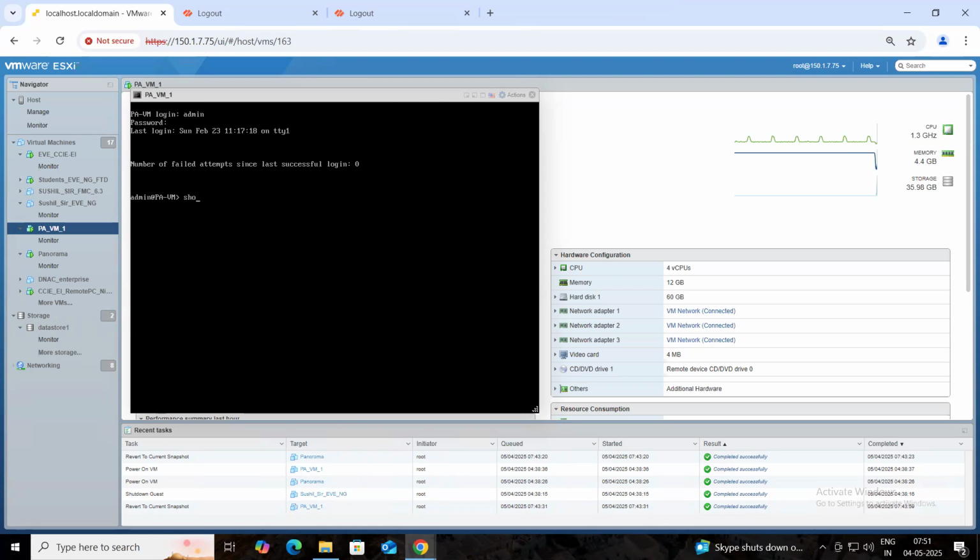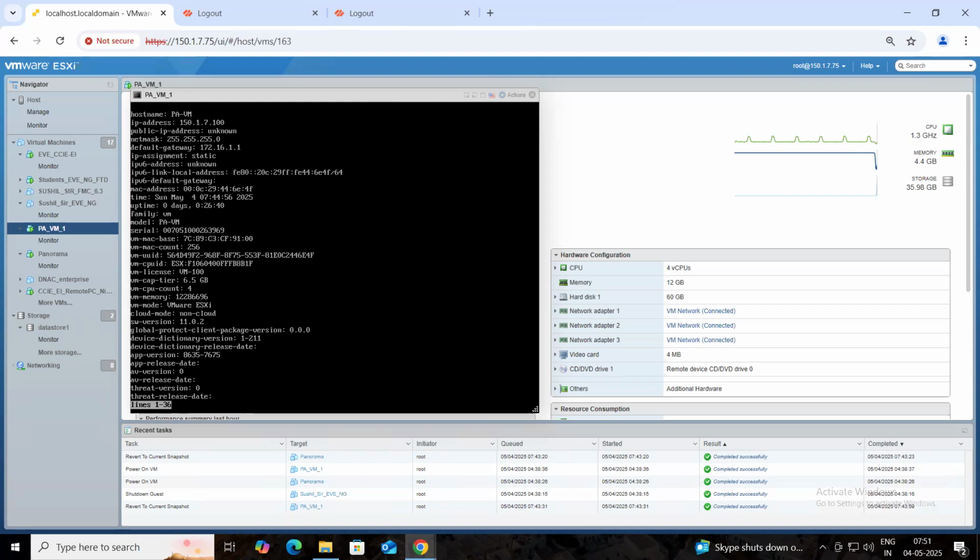And here you can check system info, and we can see the IP address configured here, 150.1.7.100. So make a note, your PA IP is 150.1.7.100,